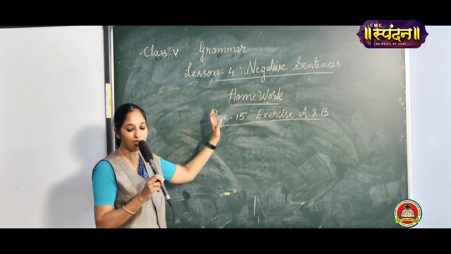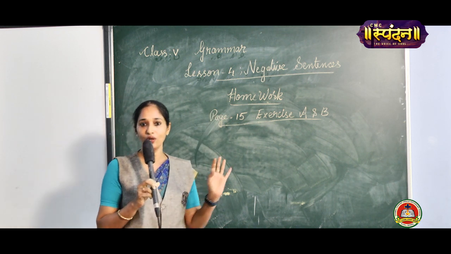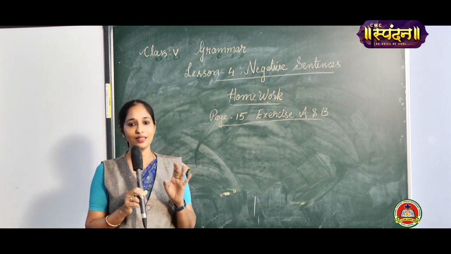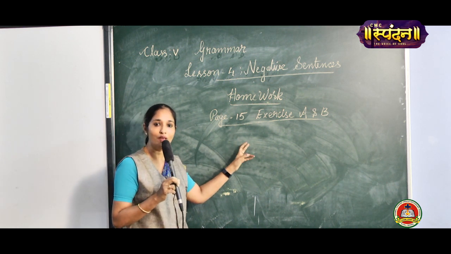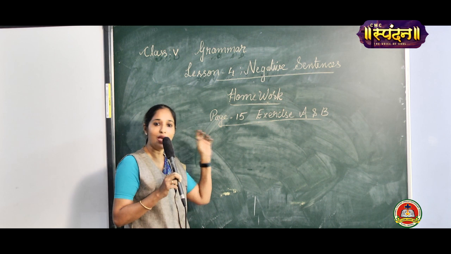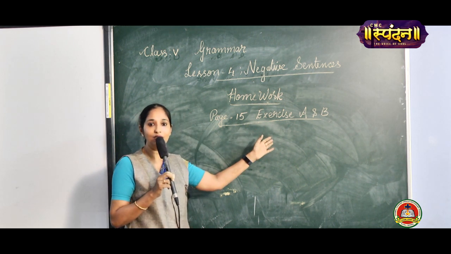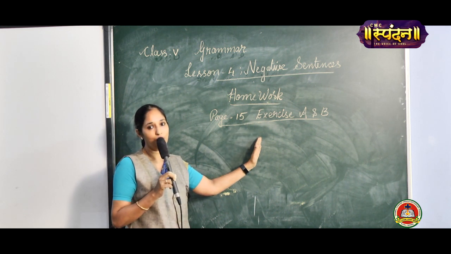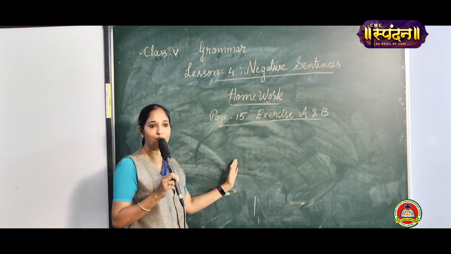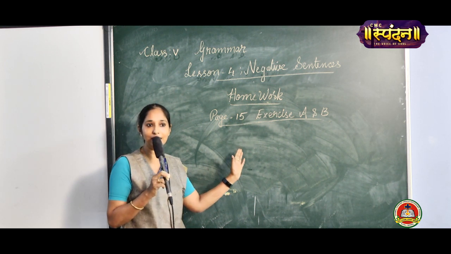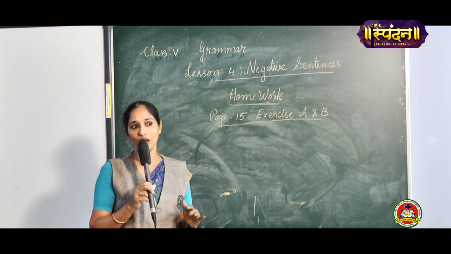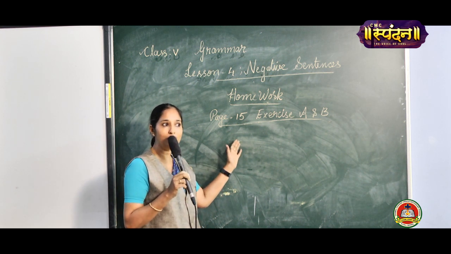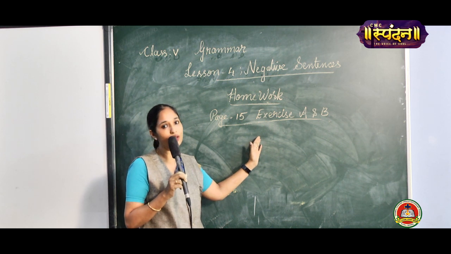Today we have learned the topic negative sentences. So how to transform a positive sentence to a negative sentence. So we learned that we use the word not to form the negative sentences where we have an auxiliary verb and a main verb. We put not in between the auxiliary verb and the main verb. We saw many examples. Again, we have come across sentences having only auxiliary verbs. When you come across sentences having only auxiliary verbs, we put not immediately after the auxiliary verbs.